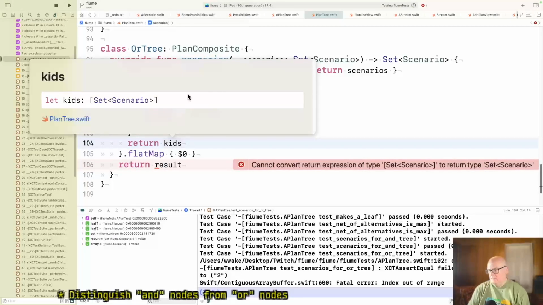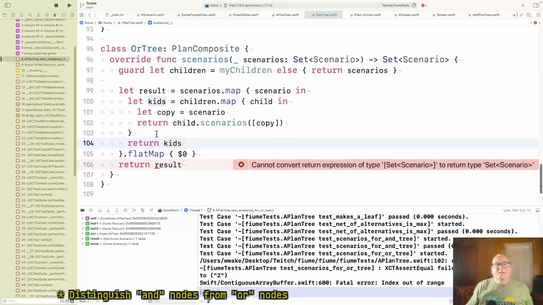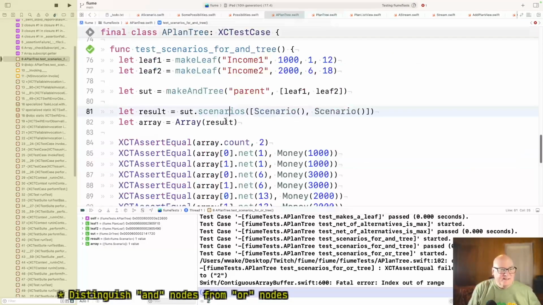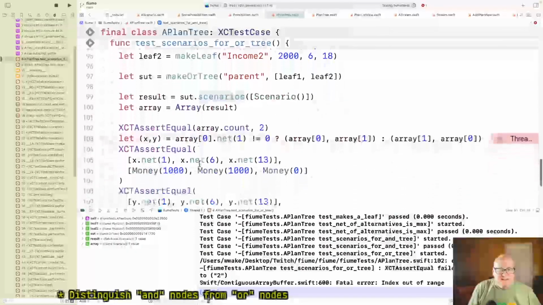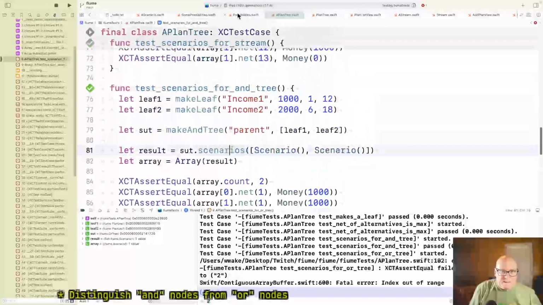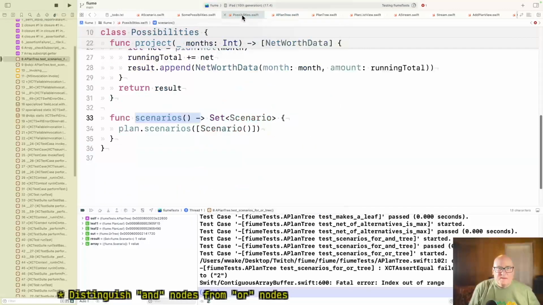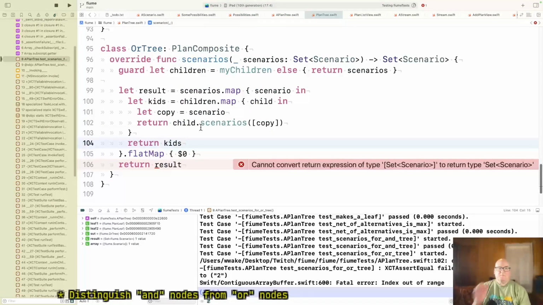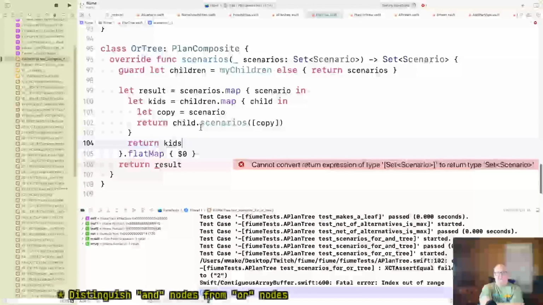Well, I don't know. I don't know. I have a simpler test. I've got two choices. Maybe. Okay, so at this point, I have kids as an array of set of scenarios.